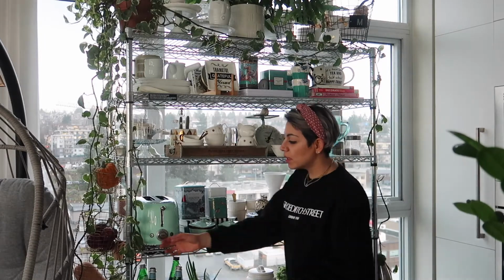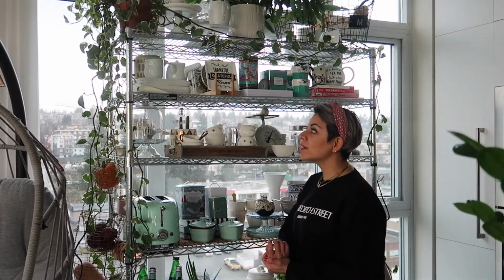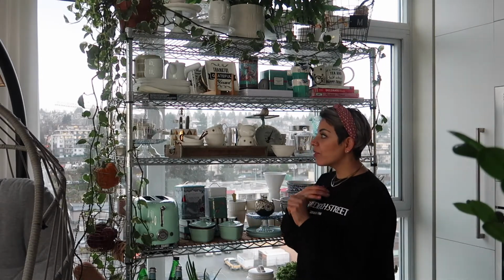So the whole idea of using an exposed shelf is that you get to use it, but also make sure that it's pretty enough so everybody else who gets to see it gets to enjoy it, and it's still presentable visually. And I think adding plants to the whole thing makes a huge impact, especially since my colors are,